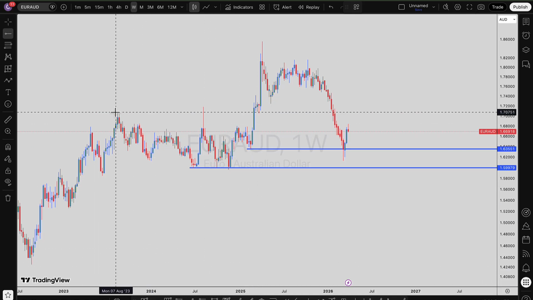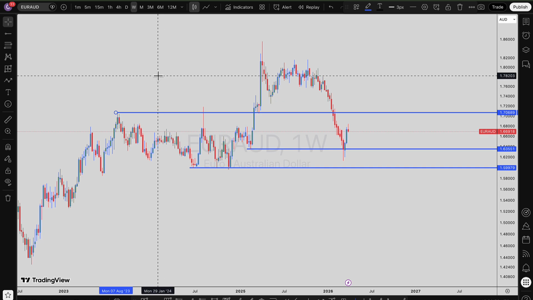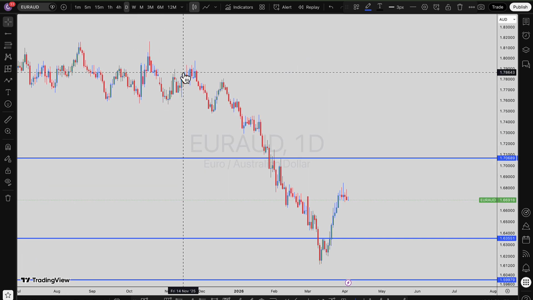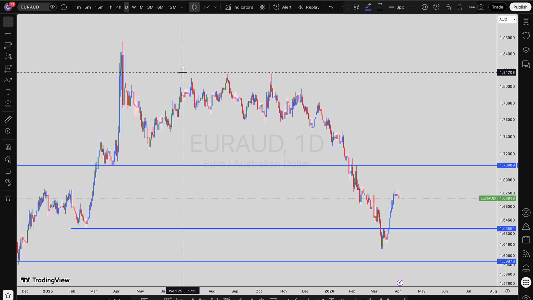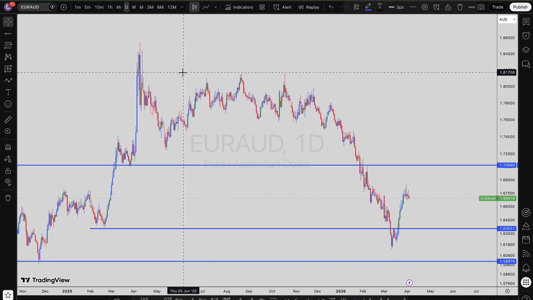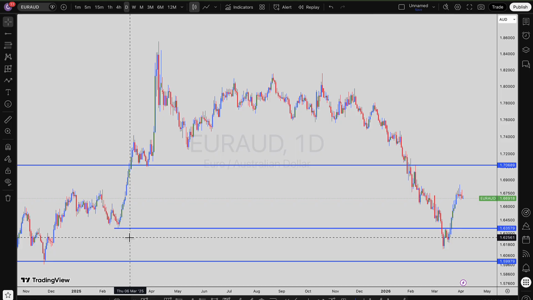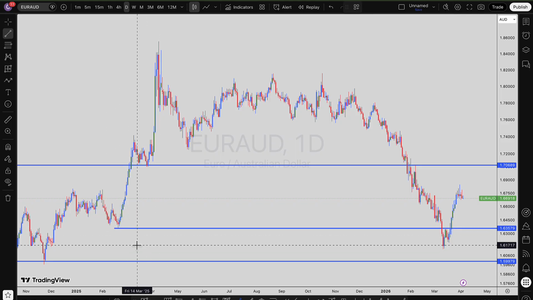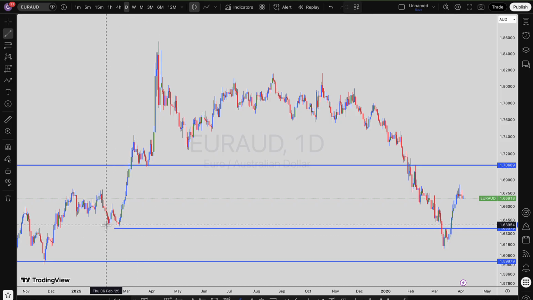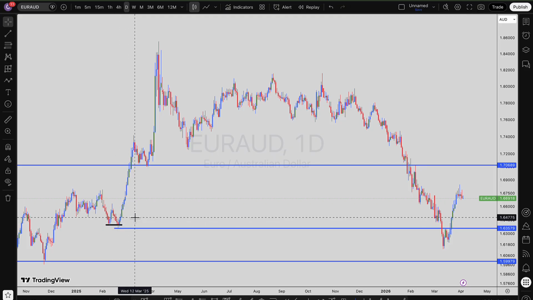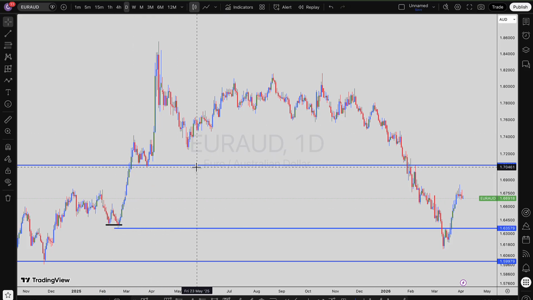Yes, let's just mark some levels we have right here as well. We broke some structures right there. Let's just mark it out. Okay, now we are on the day chart. On the day chart, see what we got. Nice zones. We actually swept this low and price never returned. You can see how we swept that low all the way up,